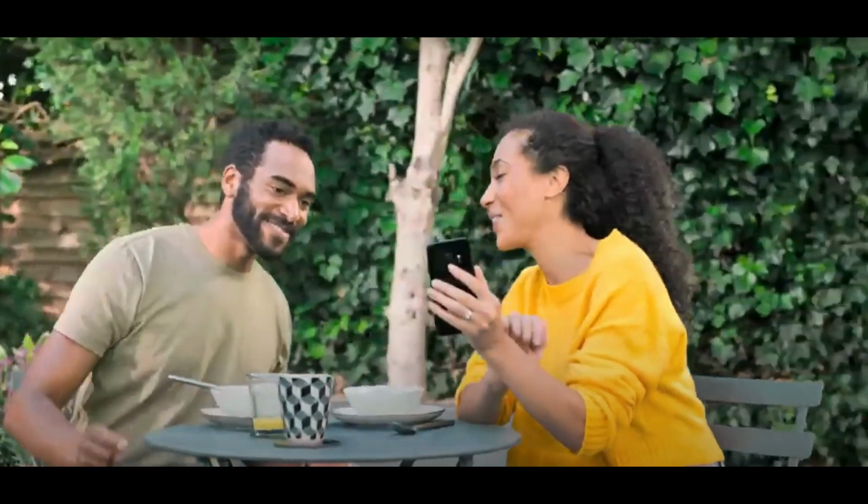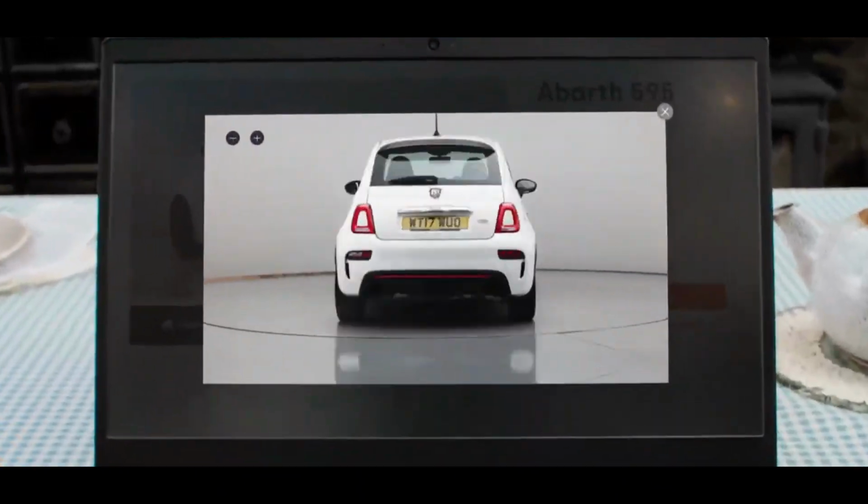When it comes to buying a car, making a wrong choice can be expensive. So today I'm going to look at the different options and compare the pros and cons of each. And lastly, I'm going to discuss the other considerations that you'll want to think about when it comes to buying a car. And by the end of the video, you'll be in a much better place to make the best